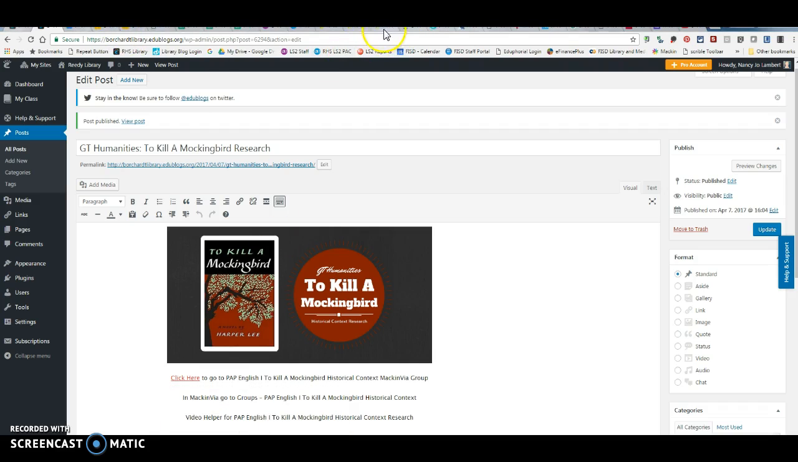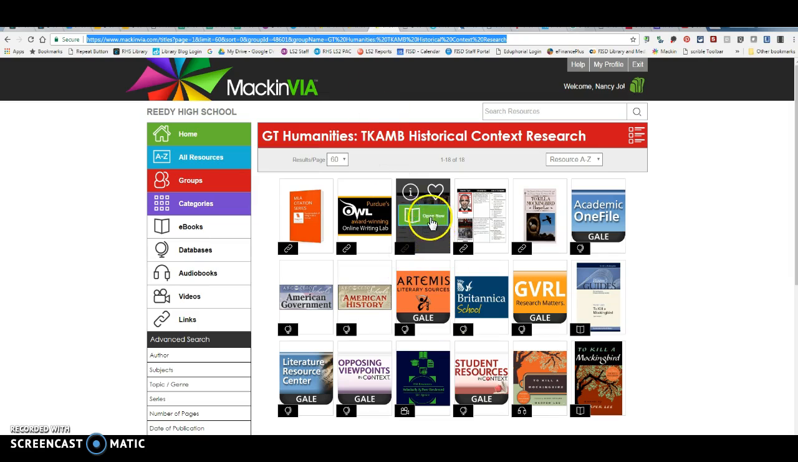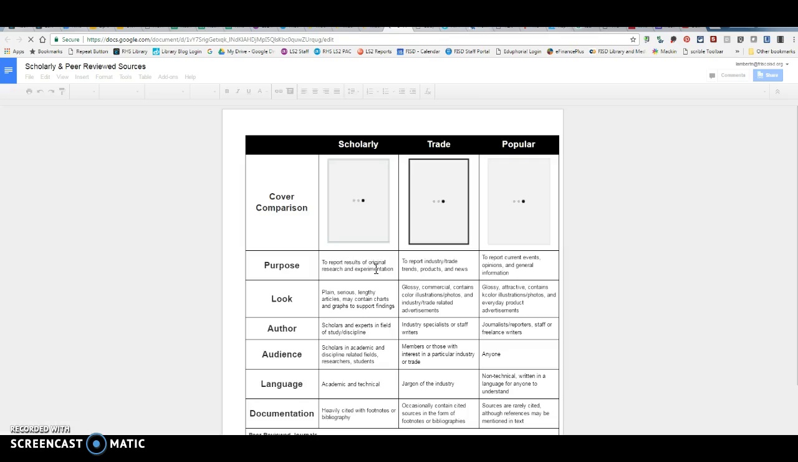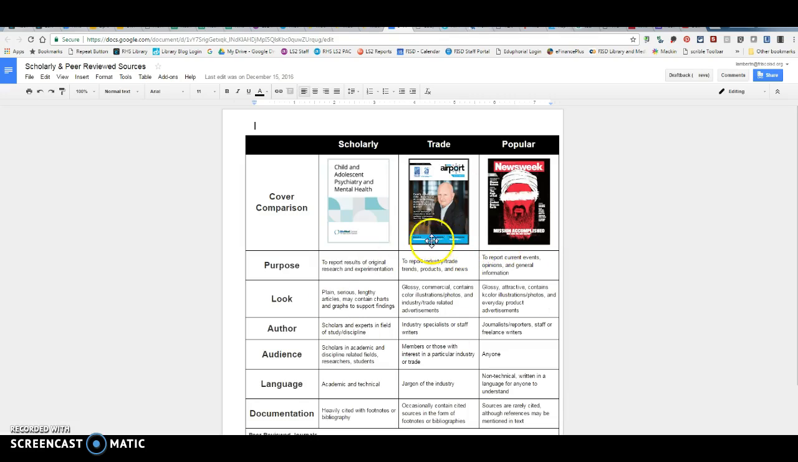Well, let me see if I can. So the other document that I'm going to show you in class basically tells you different types of, when we talk about magazines or journals, there's essentially 3 different types of those. So when you're looking in the databases, you're going to come across scholarly or academic journals, trade journals, and then popular